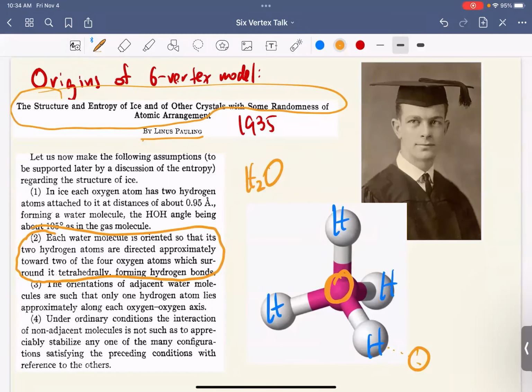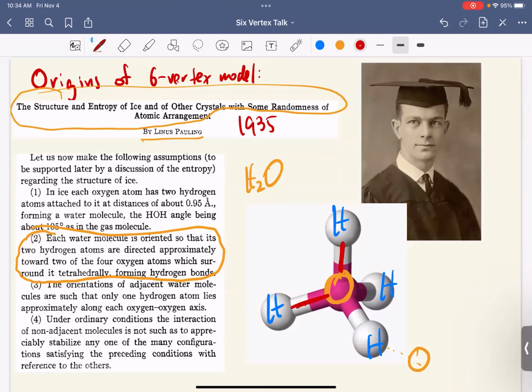And the bond is formed, it's H2O, so of the four hydrogens around the oxygen, you have to choose two of them to make bonds with. So maybe it'll bond with this one and this one, and then this hydrogen is gonna have to bond with a different oxygen that's surrounding it on the lattice, okay? So this is, I guess, the origin of the entropy of ice: the oxygen has to choose two of the four hydrogens around it to bond with. And I did not draw the whole three-dimensional tetrahedral lattice because I can't do it. I'm not very good with three-dimensional pictures.